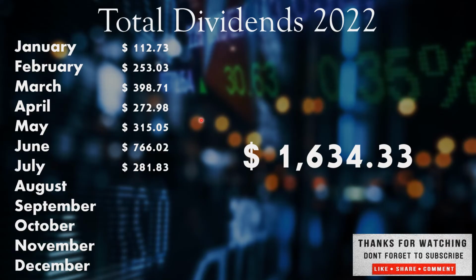Now let's take a look at the total for the year, and we'll just run through it again. So the total is $1,634.33. That includes the $281.83 paid out in July, and $112.73 in January, $253.03 in February, $398.71 in March. April paid out $272.98. May,